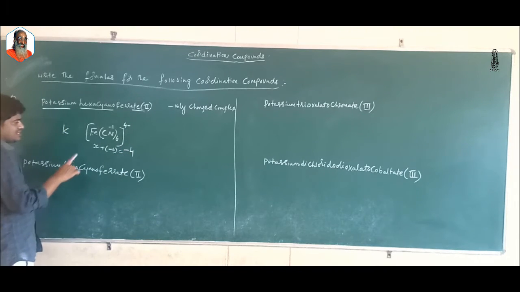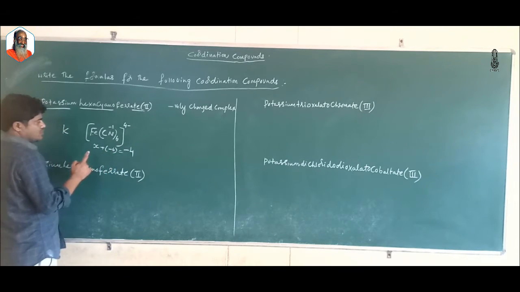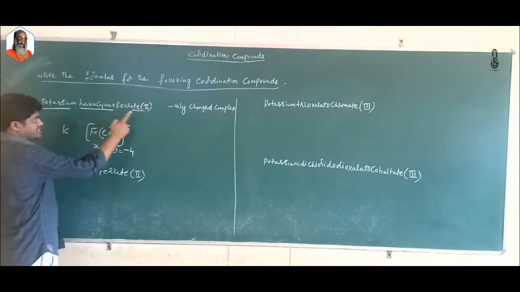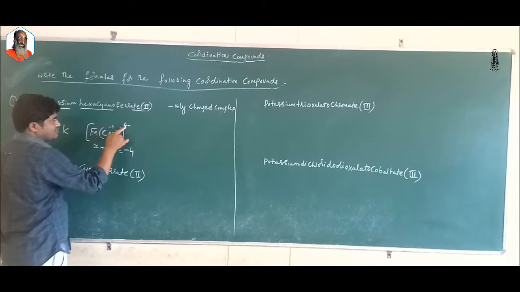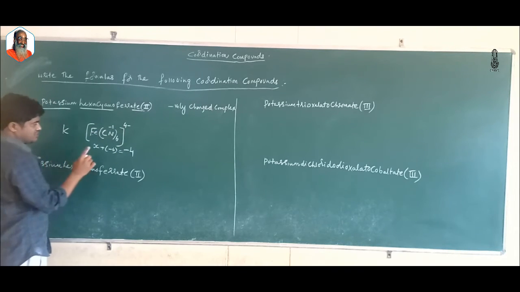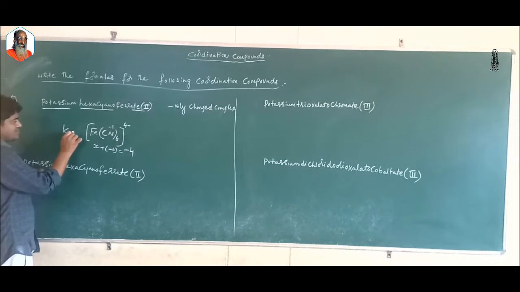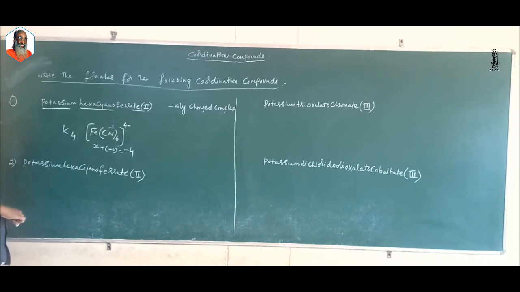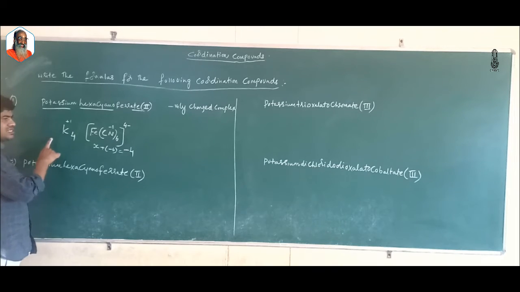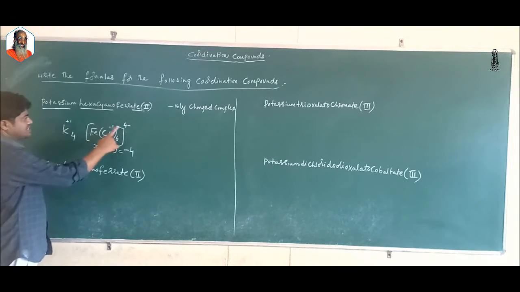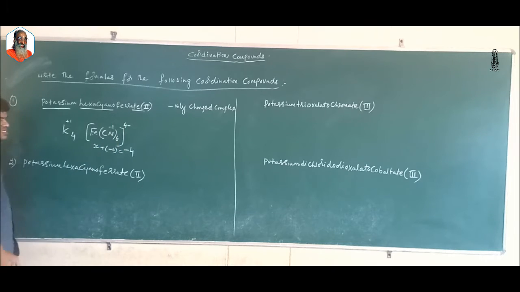Why? Because the oxidation state of iron is given here as 2, so it should carry a charge of -4. Then what should be the number of potassium atoms here? K4. Each potassium ion carries a charge of +1, so +1 into 4 is 4. The ionizable ions are written outside the coordination sphere. To balance this charge on the cations, the same number with opposite charge is written on the complex.